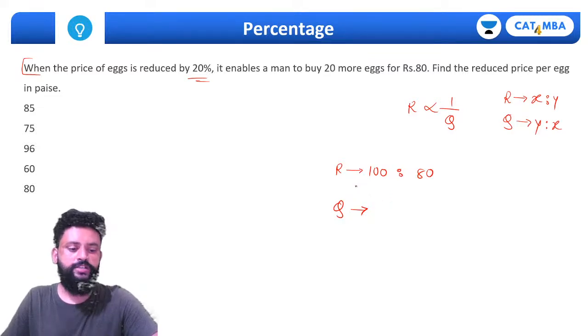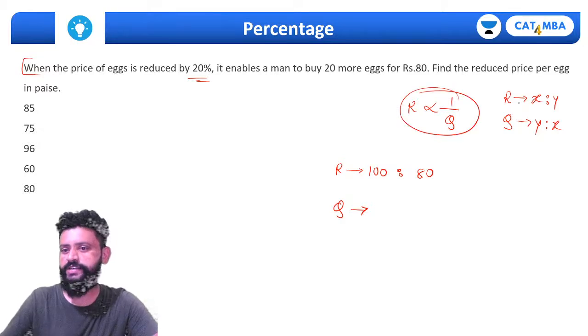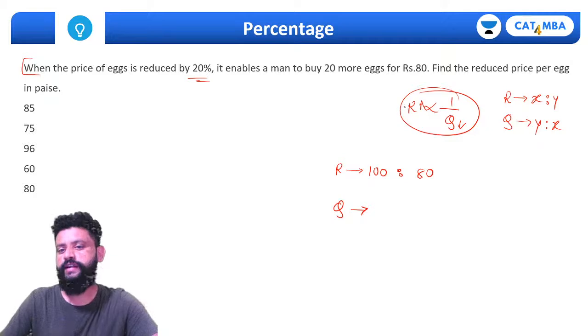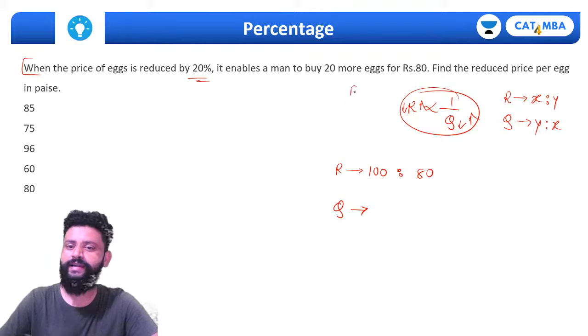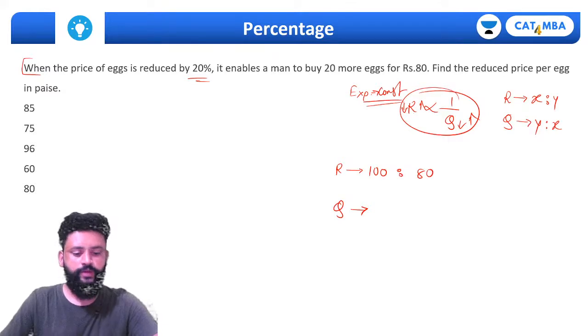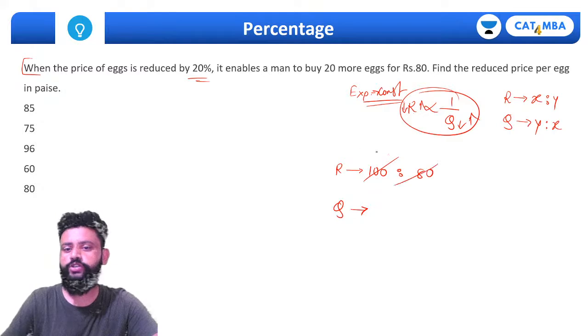All of you remember the concept, where ratio is reversed, because rate बढ़ेगा तो quantity decrease होगा. रेट अगर कम हो जाएंगे तो तुम क्वांटिटी ज्यादा खरीद सकते हो. That's why it is inverse proportion, given that expenditure is constant. एक्सपेंडिचर कांस्टेंट होना चाहिए तो रेट्स एंड क्वांटिटी का रेशियो रिवर्स होगा. तो व्हाट इज द रेशियो ऑफ रेट? It is 5:4